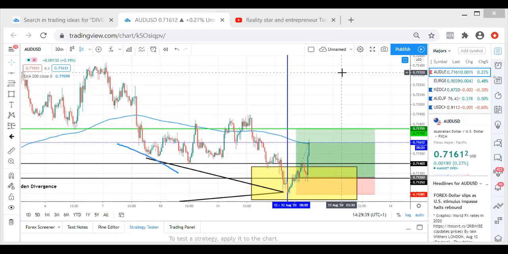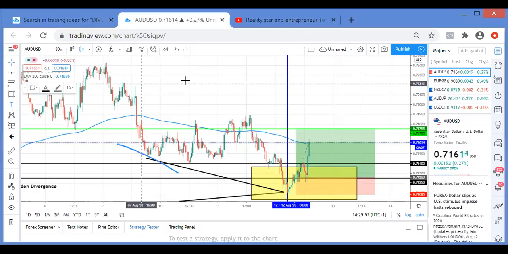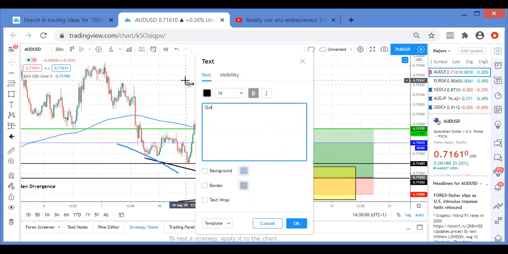Before you enter the trade, you want to find out where I'm buying, is it at a quarter point? I'm not sure what time you joined, but let me put it here again, about 20 minutes back or so. Quarter point, which is 25, 50, 75, and 100. But remember, it'll be 100 or 0.